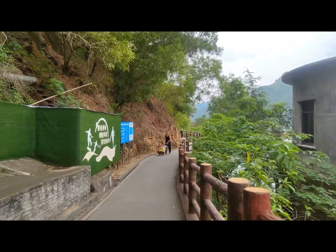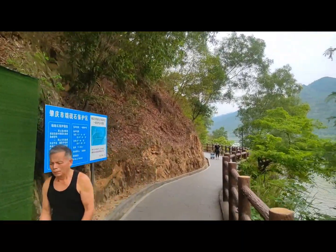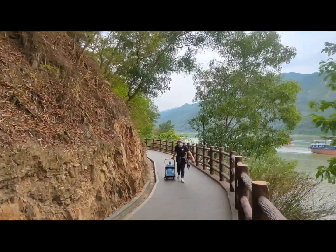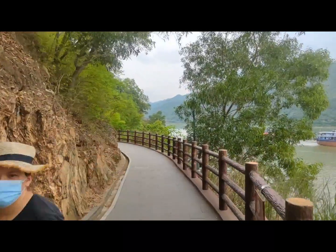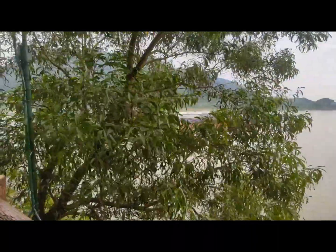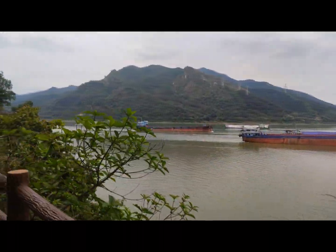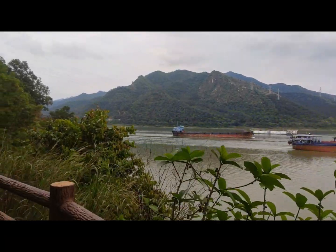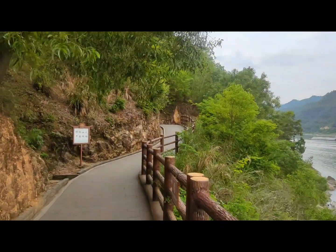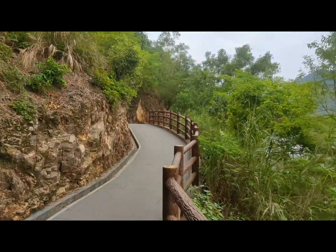No smoking in here. So we actually had a fire up on the back behind us on this mountain a couple of years ago, which got a whole lot of attention. People were saying it's a huge fire, and I just think back to the Australian fires that we have every year, and really it was a scrub fire. It wasn't anything really big, but I think by Chinese standards it was big enough to